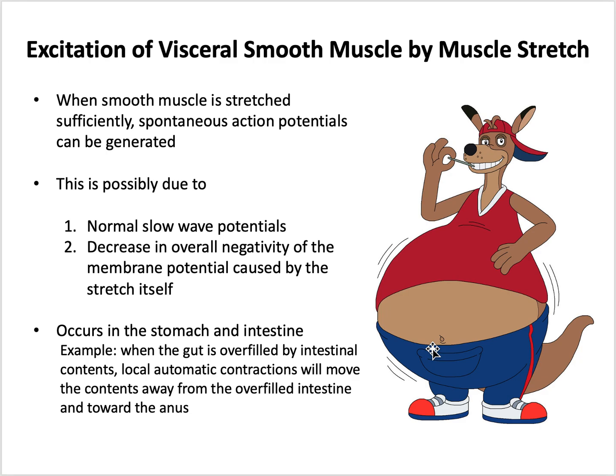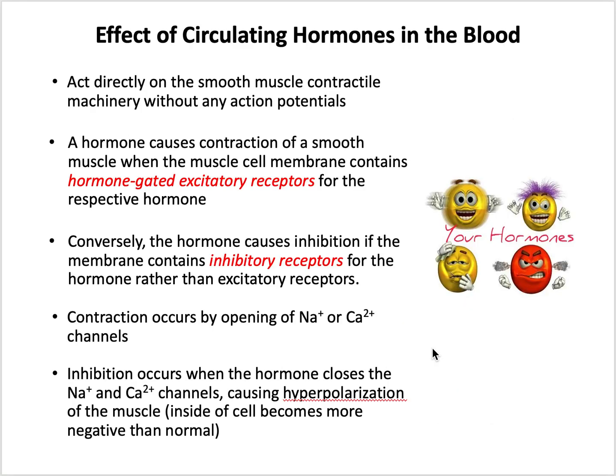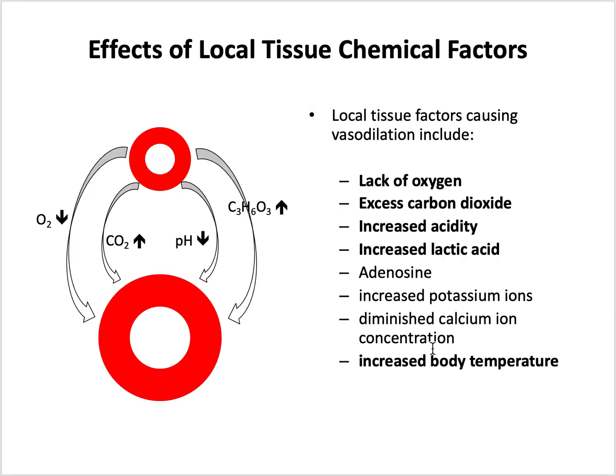I'll hit more on this in just a second, but you can have stretch that causes smooth muscle contraction, and this is very prevalent in the smooth muscle of the gut, of the intestines. You can have hormones, say like adrenaline, or antidiuretic hormone. So different hormones can affect smooth muscle contraction or inhibition. You can also have local tissue chemical